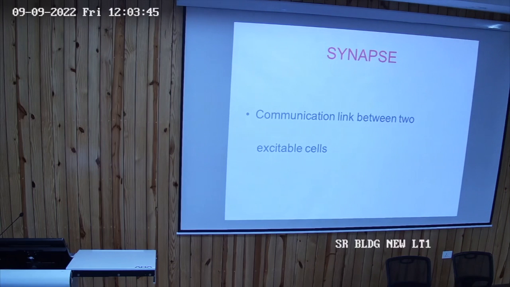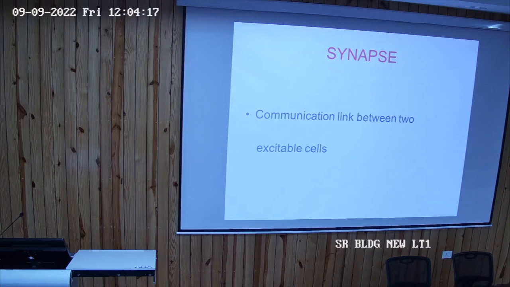Synapse is a site of communication between two neurons in the central nervous system. But what I have spoken is only partly correct, that it is between two excitable cells. This is also partly correct because synapses have been seen between a neuron and a